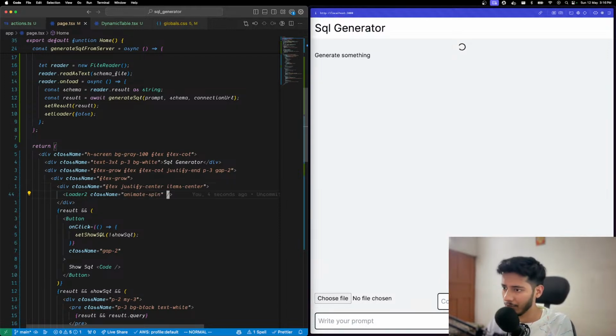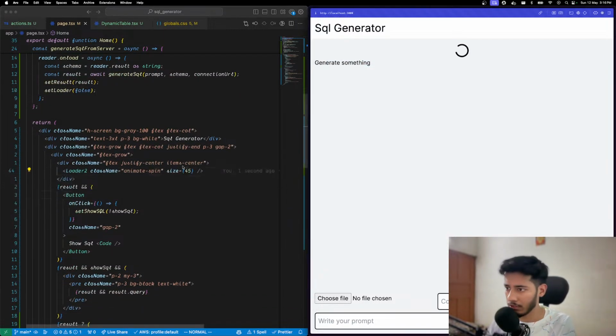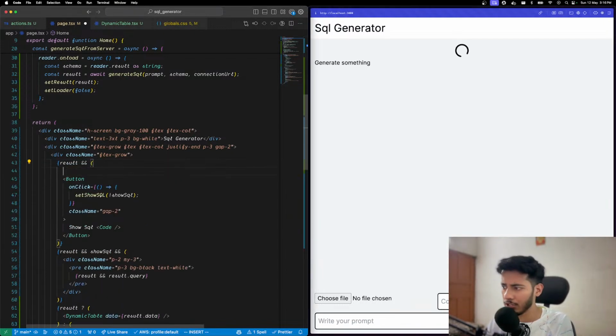And I can make this way bigger. So I can give it some size of maybe 45. That's incredible. And then also I hate this generate something. I just don't like this. Let it be there. Who cares? Okay. And then we can only show this while we have